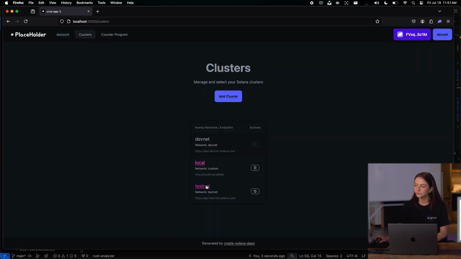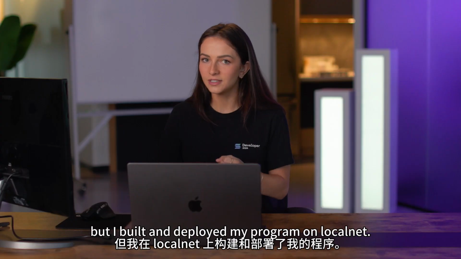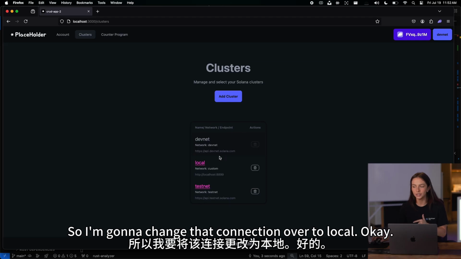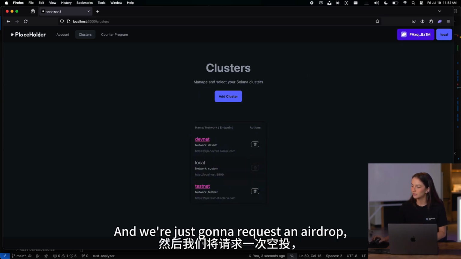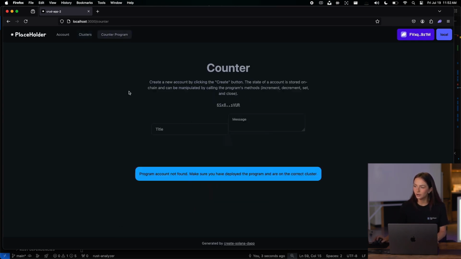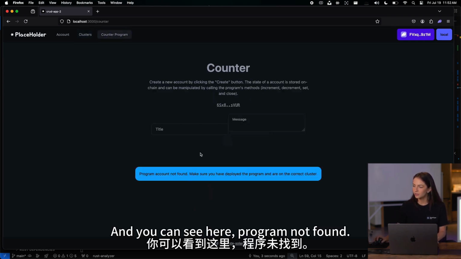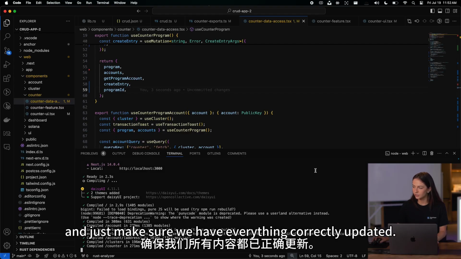You have your clusters. Right now I'm connected to DevNet, but I built and deployed my program on LocalNet, so I'm going to change that connection over to local. Okay, and we're just going to request an airdrop, make sure I have funds on local. Then we can click over to our program. And you can see here, program not found,